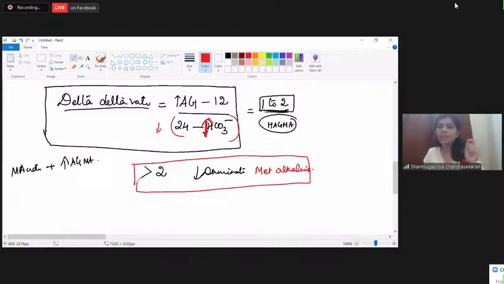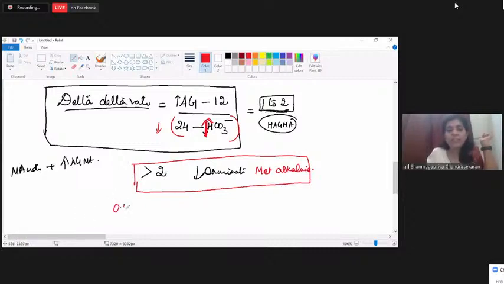You calculate the delta-delta ratio. If the delta-delta ratio is between 1 and 2, you'll say, yes, this is a case of increased anion gap metabolic acidosis. I'm going to look for only a source of an abnormal acid. But if the delta-delta ratio is more than 2, it means there is coexisting metabolic alkalosis, which means I should find out the cause of the metabolic alkalosis, treat it, and I should not look at immediate alkali replacement. Do you understand this? That's about the value being more than 2.